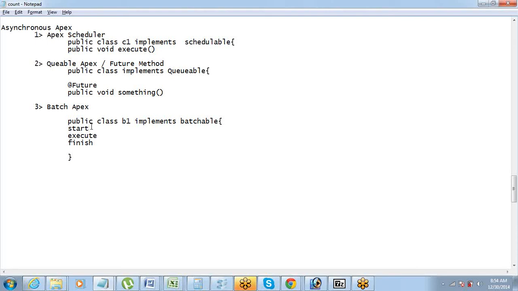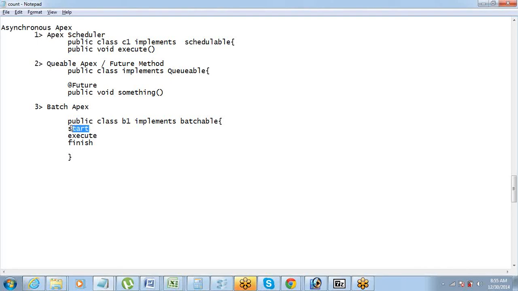Let's say all the records from New York City will get processed in the first batch. So you write a query: list of accounts A equals all accounts where city equals New York City. The assignment of the values to the variable should be done in the start method.